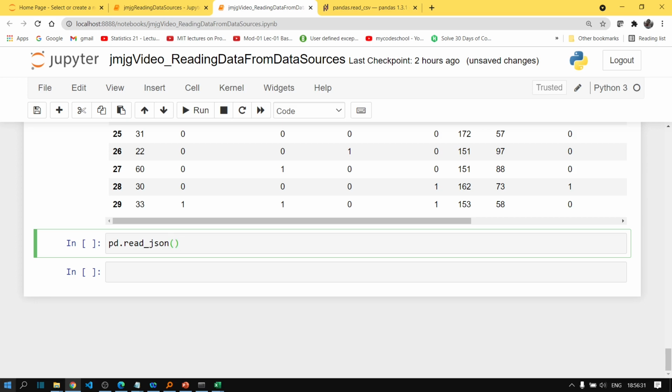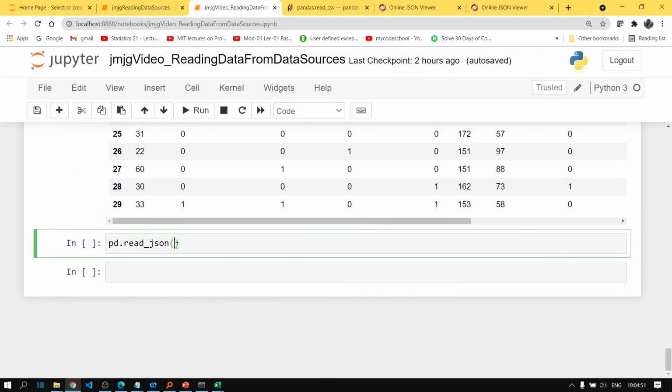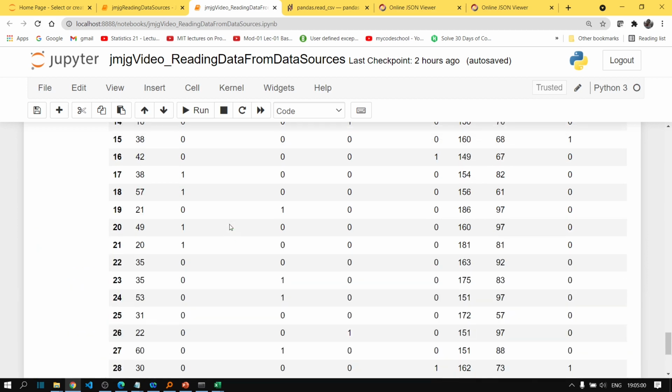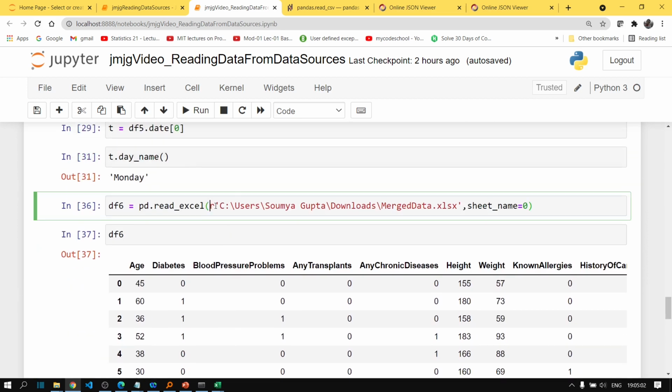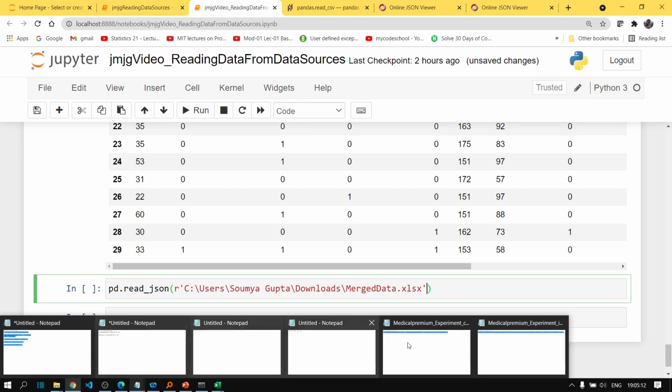Again, in read_json function, the first parameter that we have to pass is the complete path of the file. So the file name will obviously be changed. Okay, so let me first show you the file.